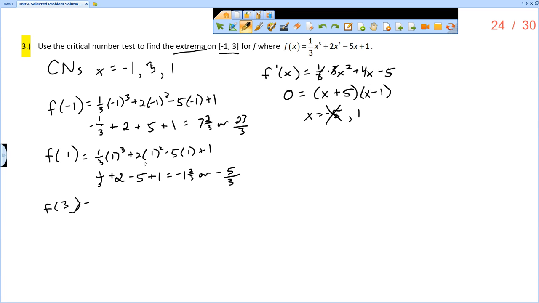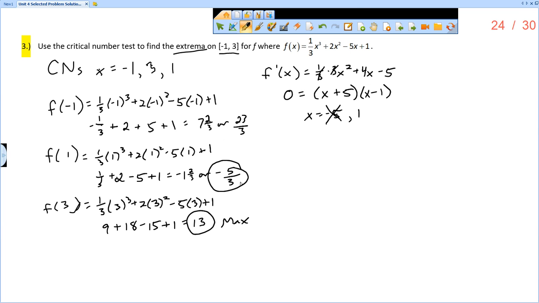All right, and then f of 3. So 1/3 times 3 cubed plus 2 times 3 squared minus 5 times 3 plus 1. So 1/3 of 3 cubed is 27 times a third is 9, plus 2 times 3 squared, that would be 18, minus 15 plus 1. And so 9 plus 18, 27, minus 15 is 12, plus 1 is 13, which is, of course, larger than 23 thirds. So that would be the maximum. And then obviously -5/3 would be the